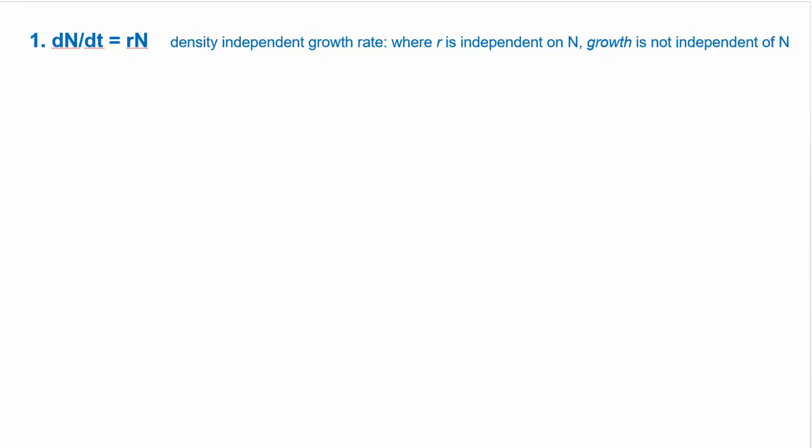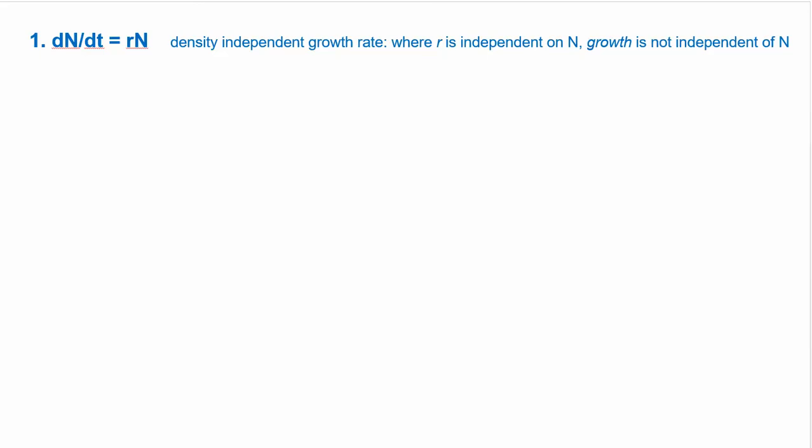Okay, this is a short video that describes how we get from a density independent growth rate to a logistic curve. What we mean by density independent is that r is independent of n, not that population growth is independent of population size. So this means that r is not a function of n. r is constant, but growth, dN/dt, is a function of both intrinsic growth rate and the